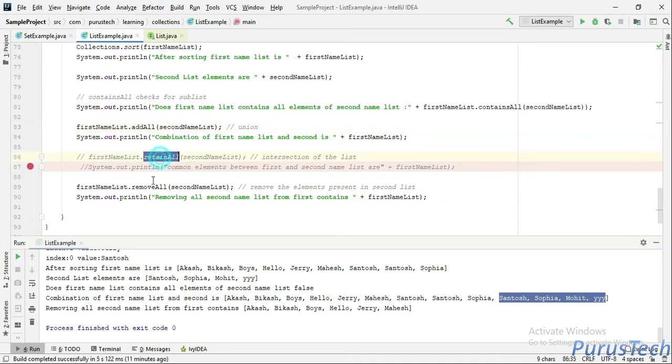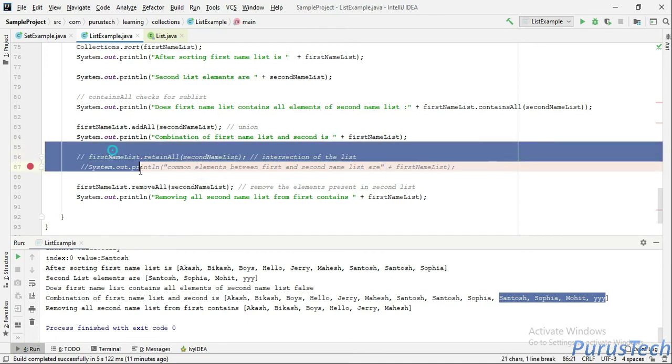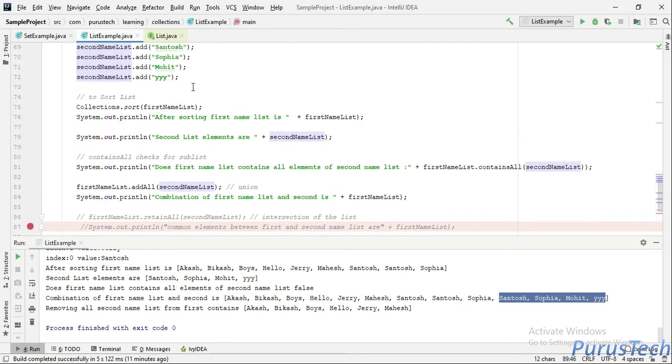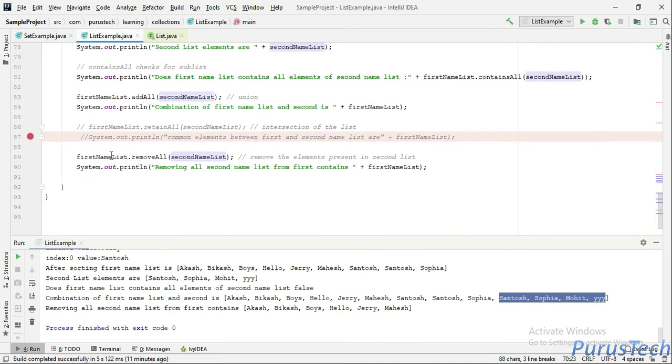Now there is one more method, that is retainAll. RetainAll is the intersection of the lists, which will provide the common elements between the first and second name list. You can uncomment this one and try to run it later. The next one is removeAll. RemoveAll will remove all the elements that are there in the second name list from the first name list.